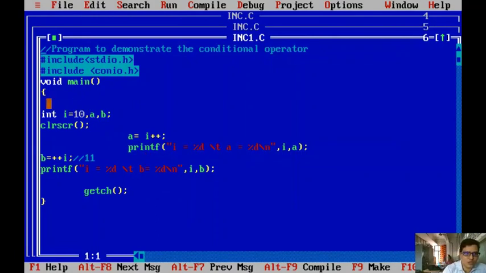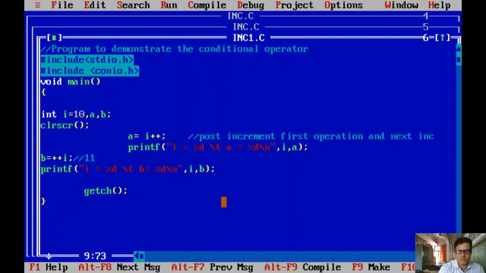Now please observe here. i is equal to 10, and we declared a, b. We have a = i++. This is post increment. The post increment, first it performs the operation, next increment. In post increment, first operation and next increment.